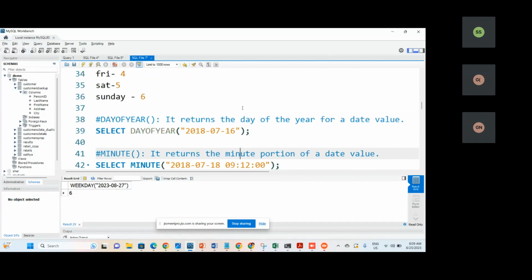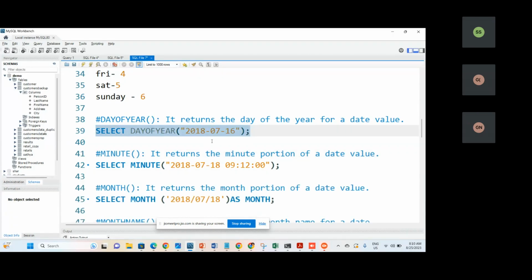The next one is day of the year. This function will calculate the day of the year, ranging from 1 to 365, right? So usually we have 365 days in a year. This will return which day of this particular year. So if you run this, then